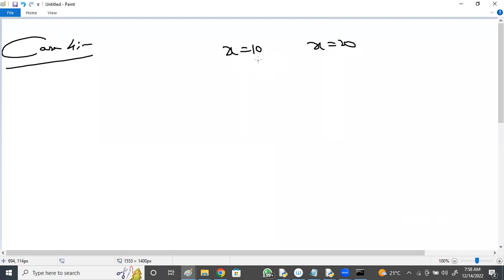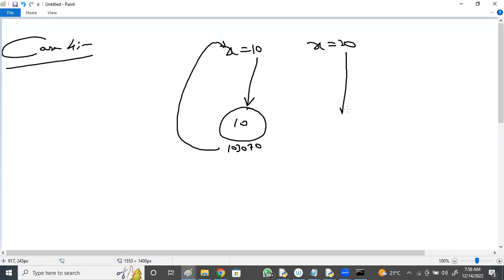How many objects here? X equal to 10, x equal to 20. For 10, one object with some address. The address is given to x. For 20, also one object 20 with some address.